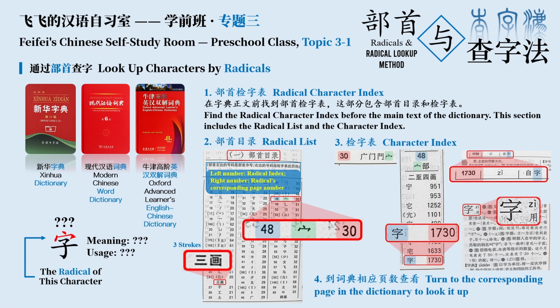Fortunately, the number of radicals in Chinese is limited, and we can look up most common characters by mastering common radicals. Therefore, starting from the next lesson, we will learn common Chinese radicals, and each radical will be paired with 3 or 4 common